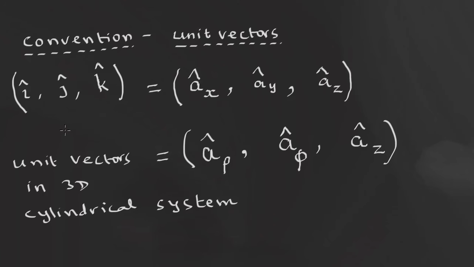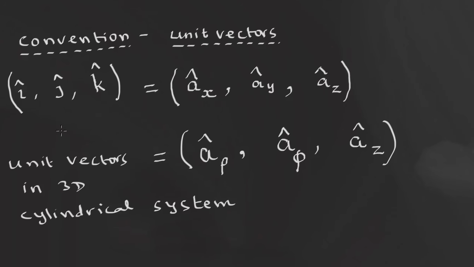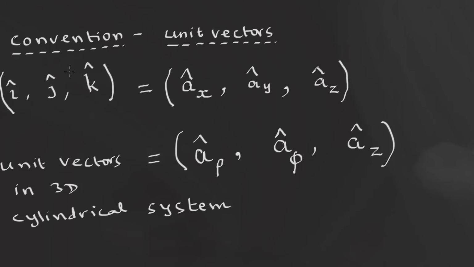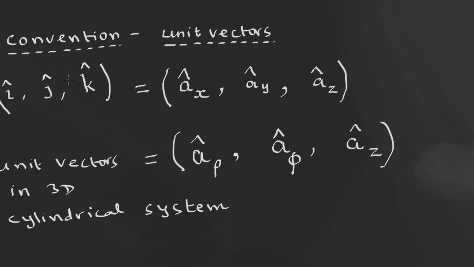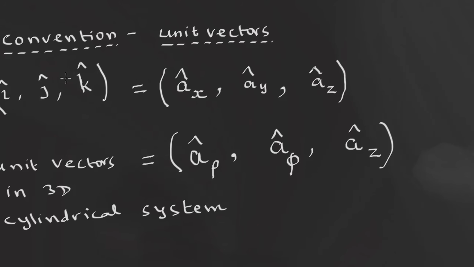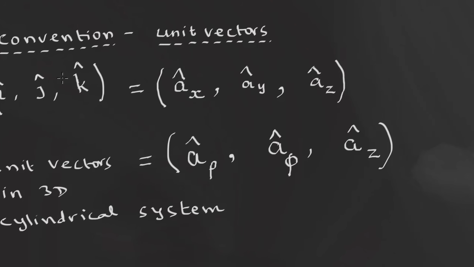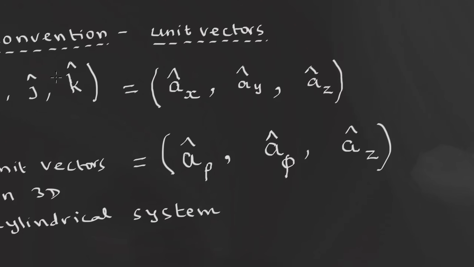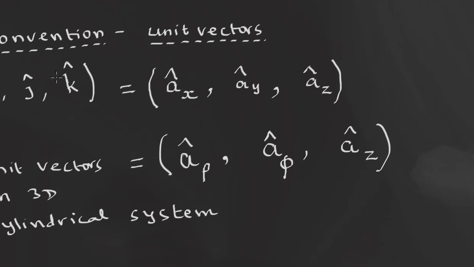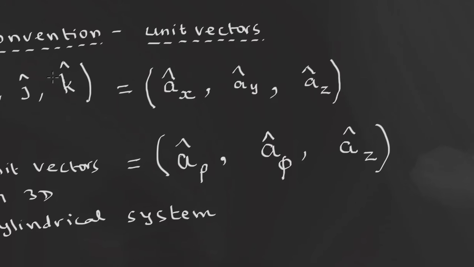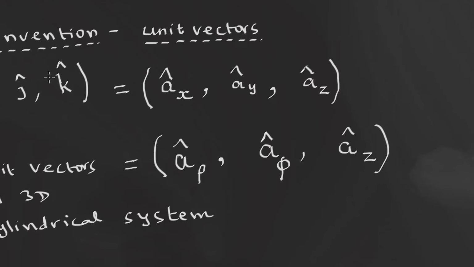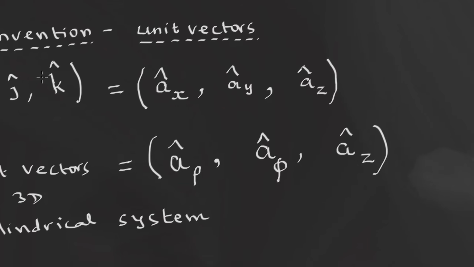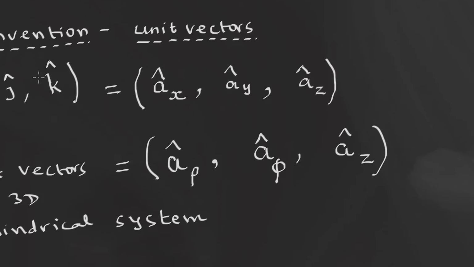So the question now is, why this ijk is removed and we are going to use a new symbol a. Everything is a now. The advantage is, if for the Cartesian system it is ijk, what symbol will you use for cylindrical system? You have to search for new alphabet. Three alphabets are over, ijk. After that, what will you do? Do you want to use L, M, N, etc.? So that confusion comes. And if you keep on changing the symbols like anything, and then you need three more symbols for spherical system, etc.